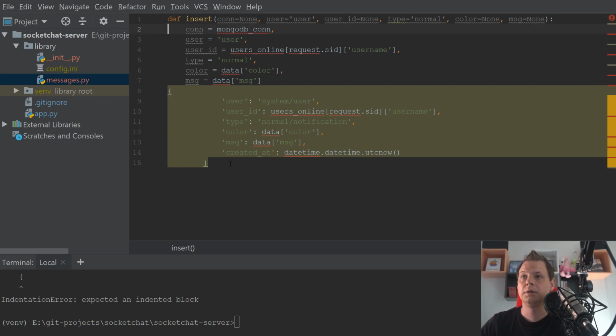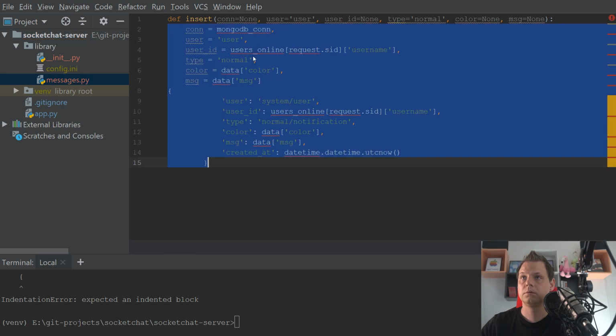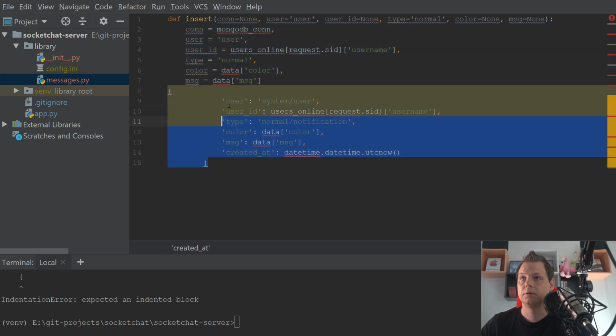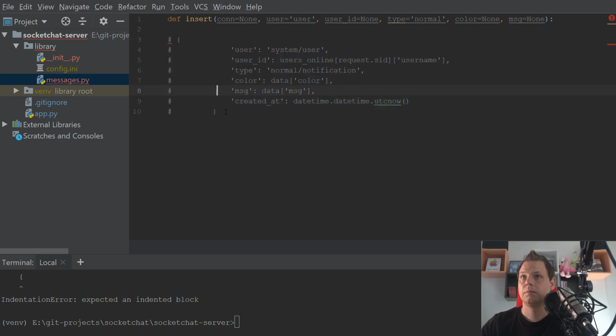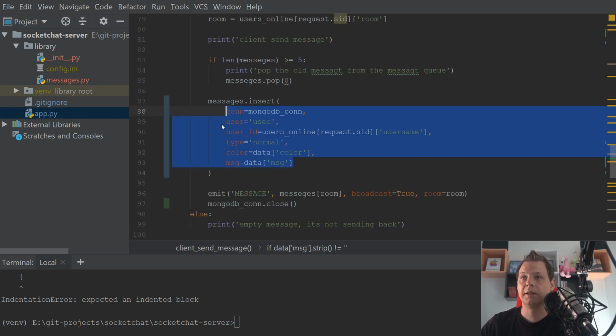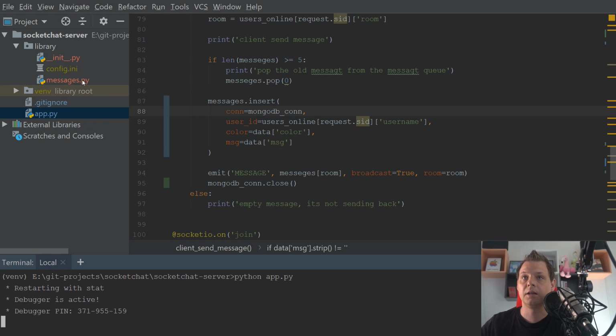So what we can do here is just remove those. I need this part here, I can remove this. Go back to our application, and now the type and the user is default, so we don't need those anymore. Let's start it up again,